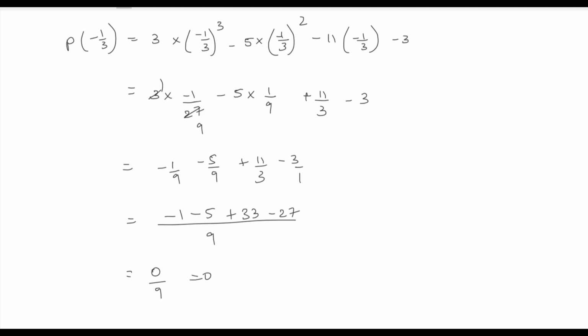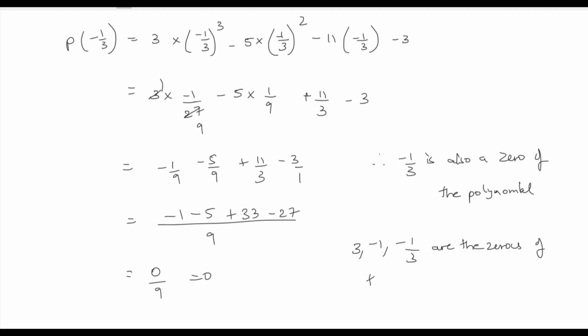Our answer is 0. Therefore, minus 1 by 3 is also a 0 of the polynomial. Okay, this is also a 0. Therefore, we verified 3 comma minus 1 comma minus 1 by 3 are the zeros of the given polynomial